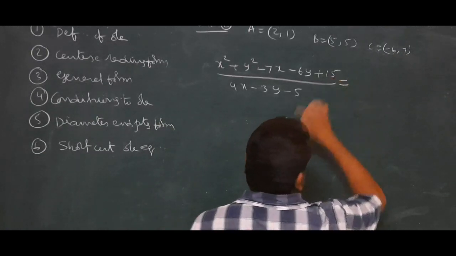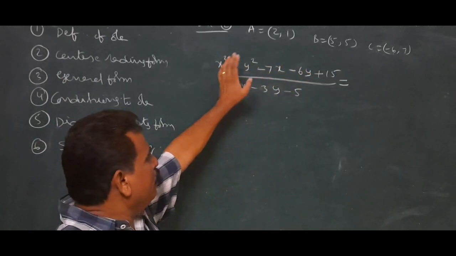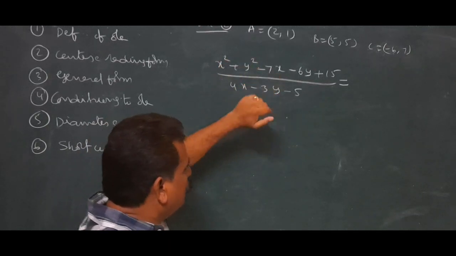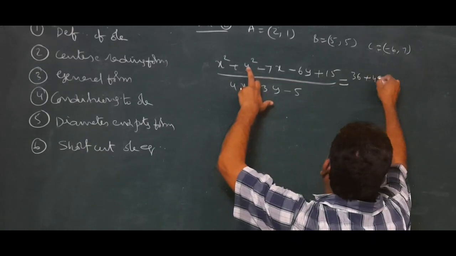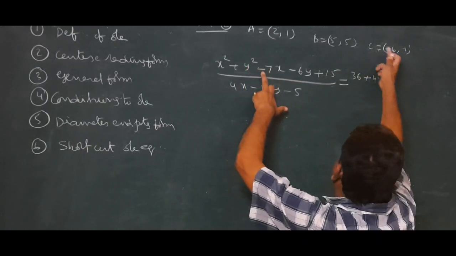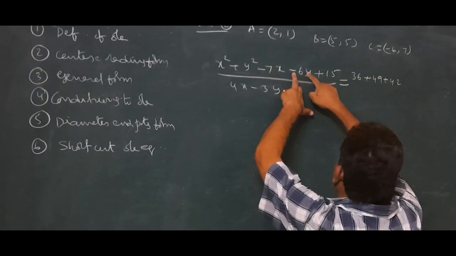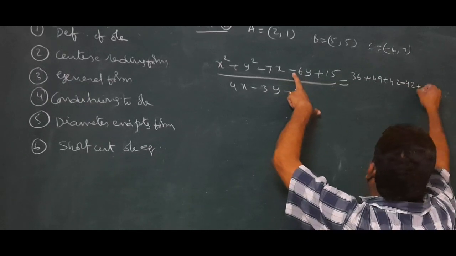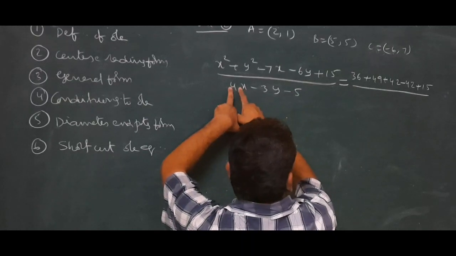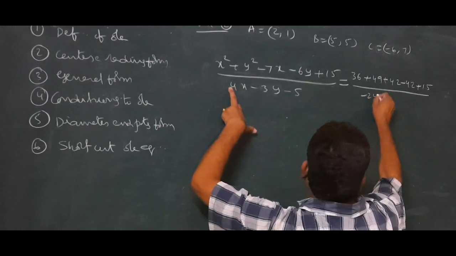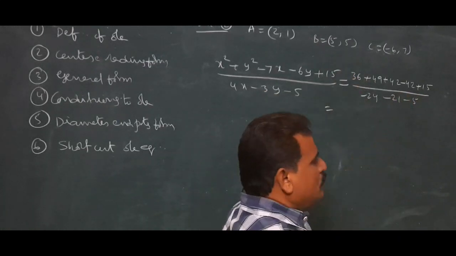Now, we use the third point. Substitute x equal to minus 6 and y equal to 7 in this expression. Up and down: 6 square, that is 36, plus minus 7 whole square, 49. Next, minus 6 into minus 7, that is plus 42. Then minus 6 into 7, minus 42. Plus 15, whole divided by. Now substitute: minus 24, minus 6, minus 24, minus 21, minus 5. You simplify this, we get